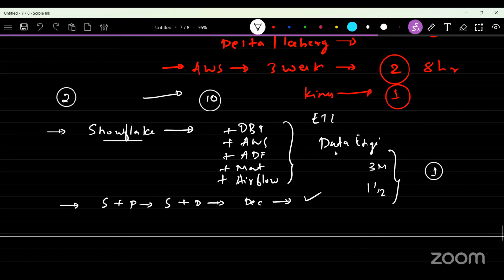Yeah, got it, Sagar. Okay, I'm clear. Any other doubts? And one more thing, the SQL will be same, right? Whatever you're explaining in other batches will be same, right? Yeah, the syllabus will be the same, but the way of teaching will be different. My content will be different. You will have access to both. Okay, but the content will be the same, right? Yes, the content will be the same.